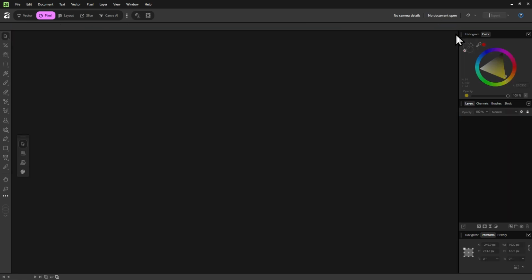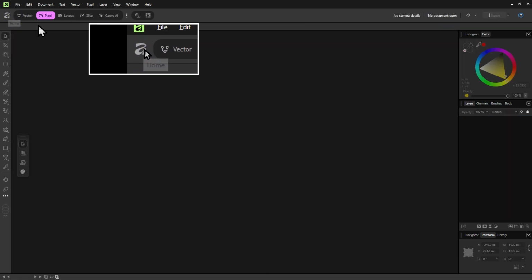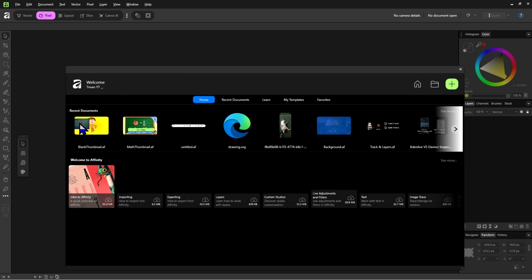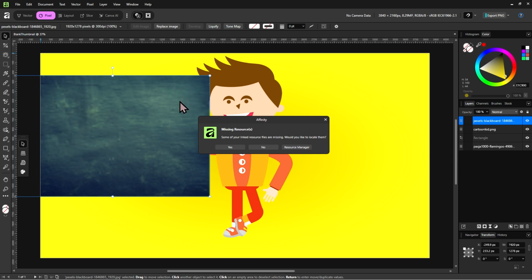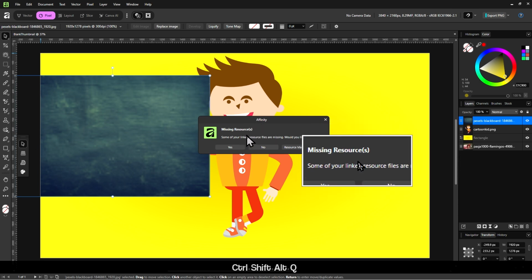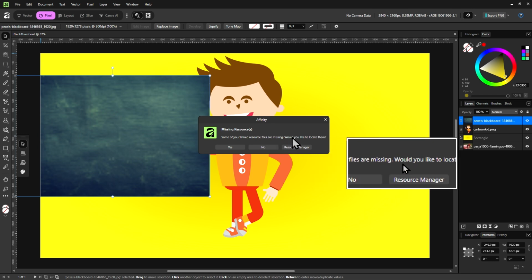We can still see it right now, but what happens when we save this? Close it. Then we go back to the home screen from this icon and reopen our blank thumbnail. Well, we get this warning, Missing Resource. Some of your linked resource files are missing. Would you like to locate them?